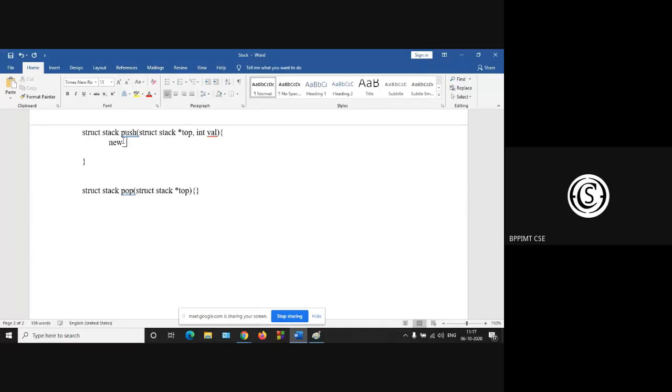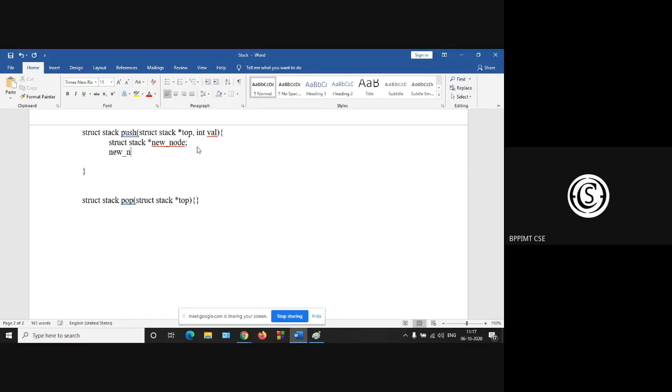The new node is nothing but a pointer, so the type will be struct stack pointer. Sorry, this is just the declaration. Next, you have to make a new node dynamically.